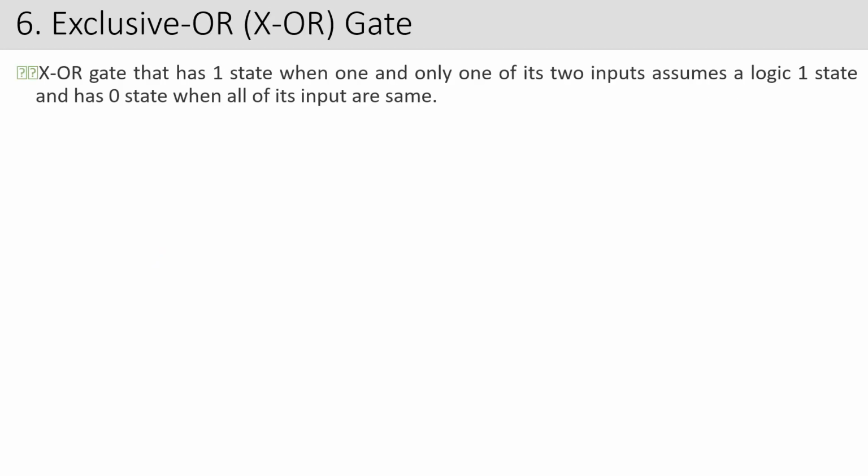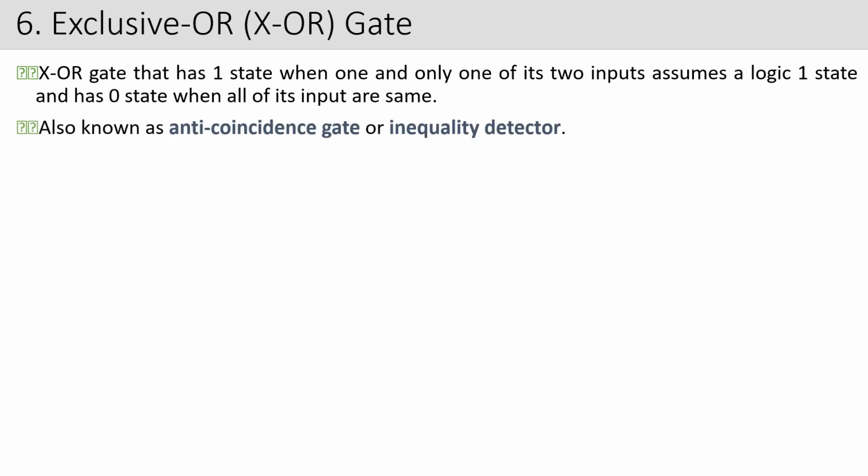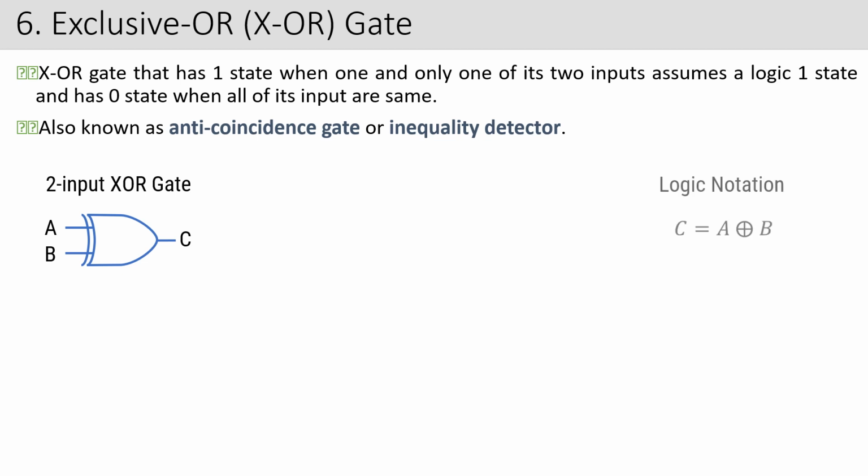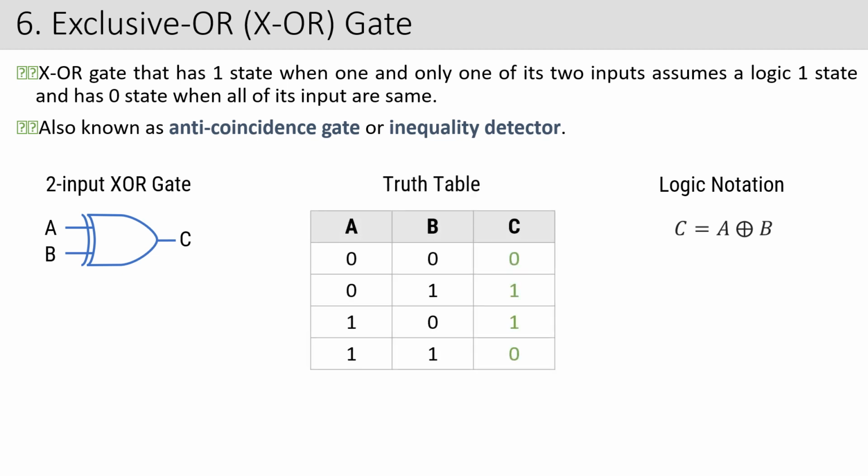Okay, clear to all the students? I hope you understood this entire thing about logic symbols and all. In my next lecture I'm going to talk about the exclusive OR gate, that is the XOR gate, and then we'll also discuss why the NAND gate and NOR gate are called universal gates. So for today, it's the end of the lecture.